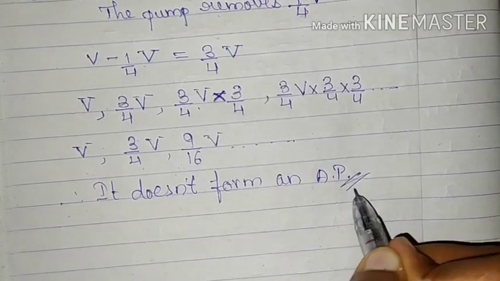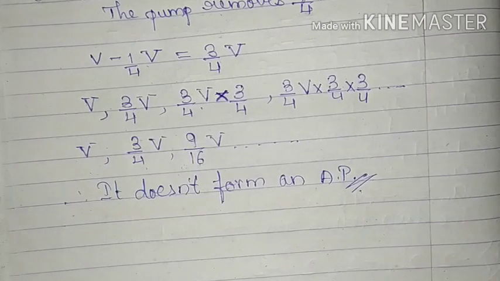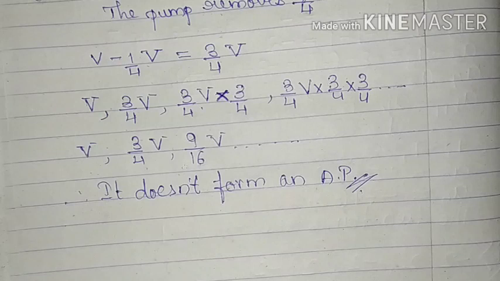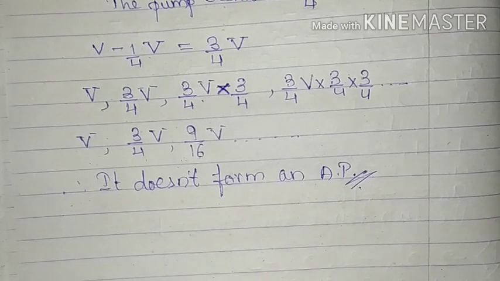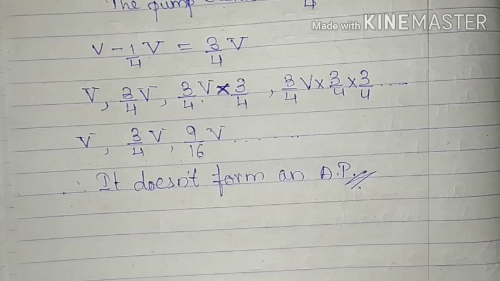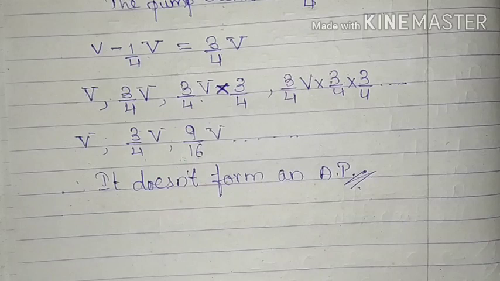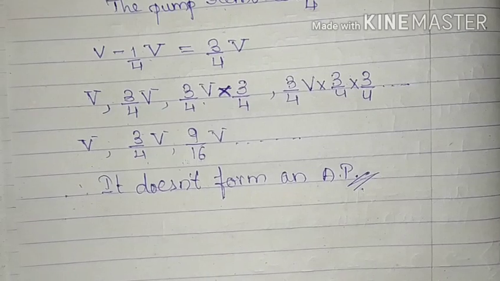There are two more situations given for you guys, the third situation and fourth situation, for which you have to once again pause the video and solve them and see whether they form an AP or not. In the third situation they have given the cost of digging and you have to determine whether that cost of digging will be an AP. And in the fourth situation they have mentioned compound interest. You must have learnt about compound interest in your 8th standard. So you have to determine whether those two will form an AP or not.